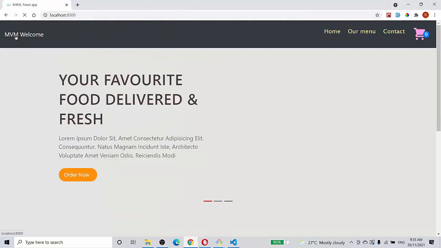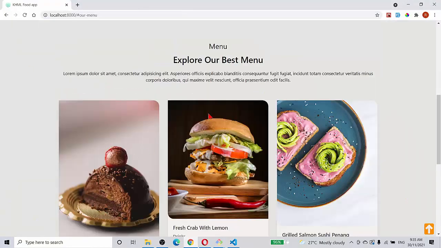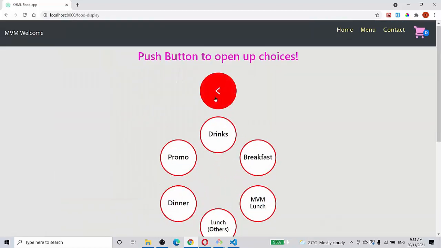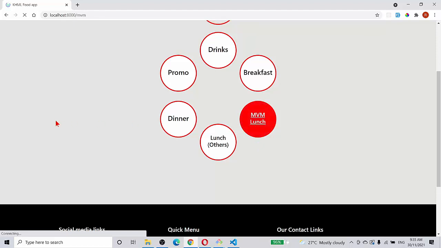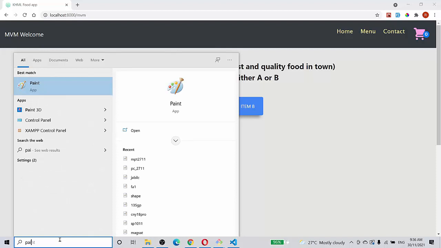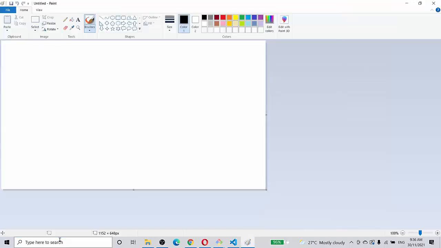And one more thing is that there's a specialty here where the MVM launch. Let me show you the MVM launch. MVM launch means, let me explain to you the condition which the customer has given. I took a little bit of time to do this because this was a challenging portion. You can see I'm going to draw